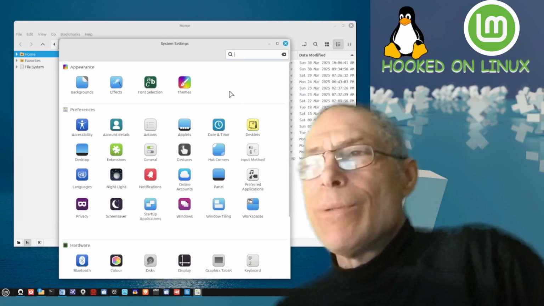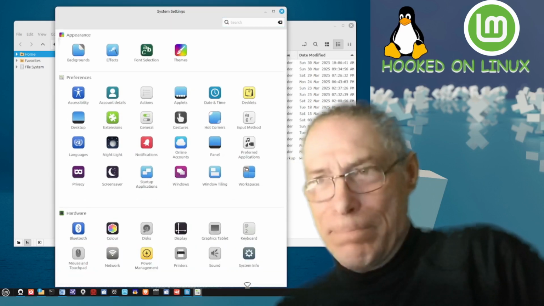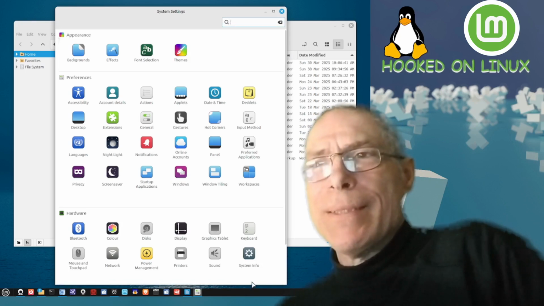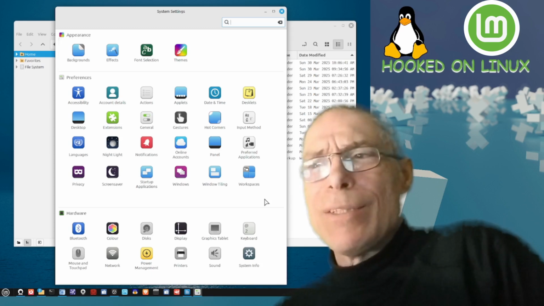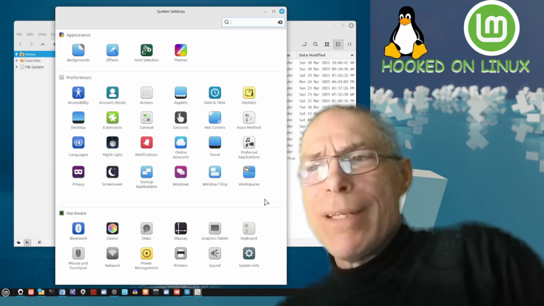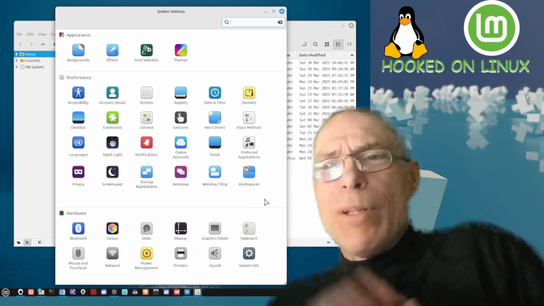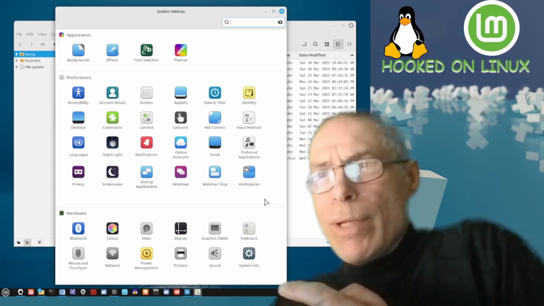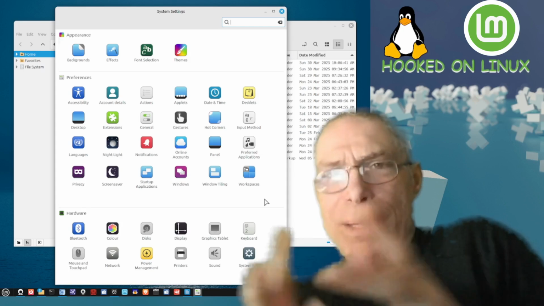In Windows, you don't really go onto the control panel that often. But here, I just found that I've gone on here more often than normal, and I think it's because I play around a lot with monitor setups and configurations, and I always want to make things look better.